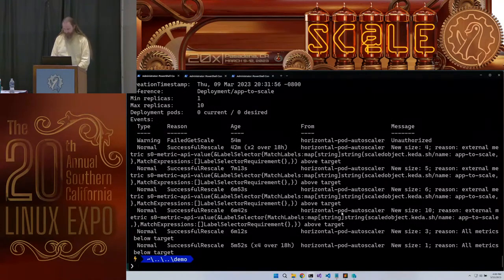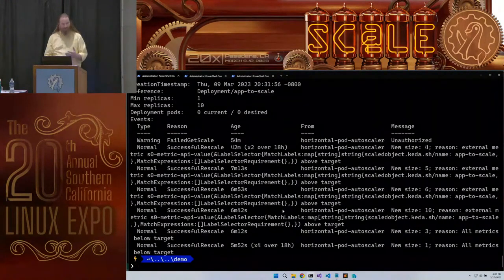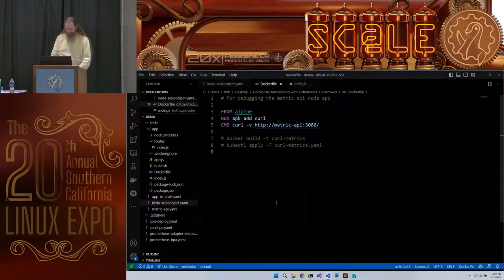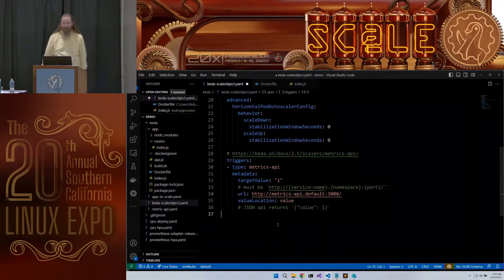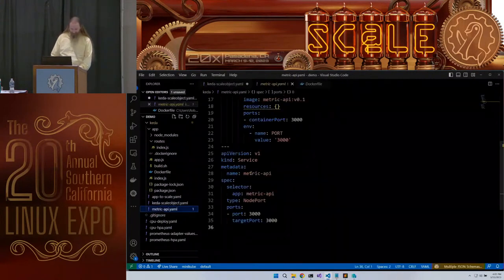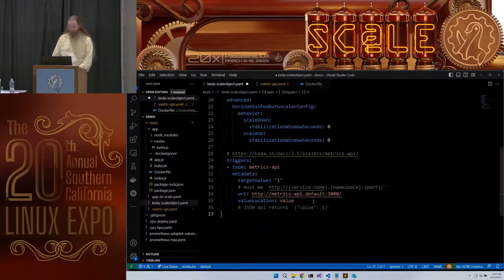It said, I'm trying to read it and I can't find the host. And I'm like, why can't you find the host? I'm querying, you're going to laugh at me because this is hilarious, I'm querying the metrics API. So I had it set to the metrics API, and my metrics API was the metric API, not the metrics API. And so once I was able to get that detail, I fixed my bug, and then I was able to pull my values. Great question.